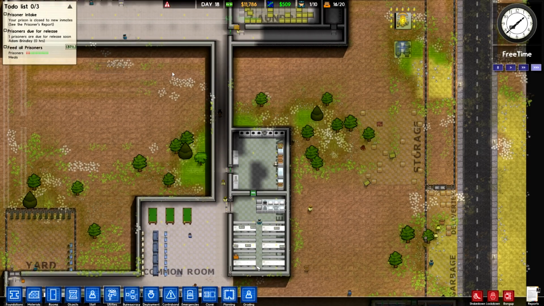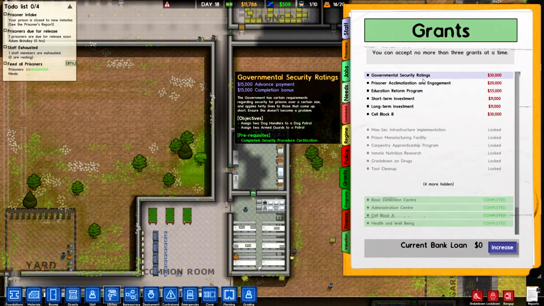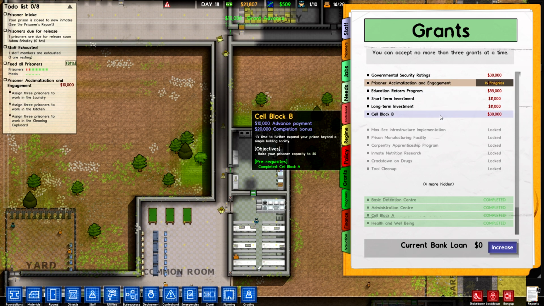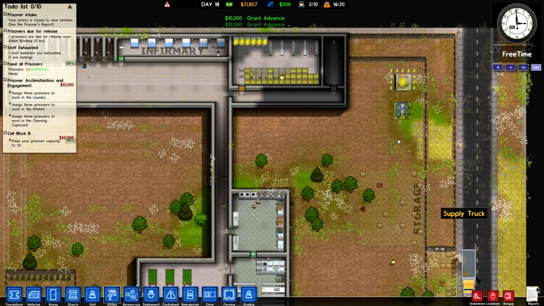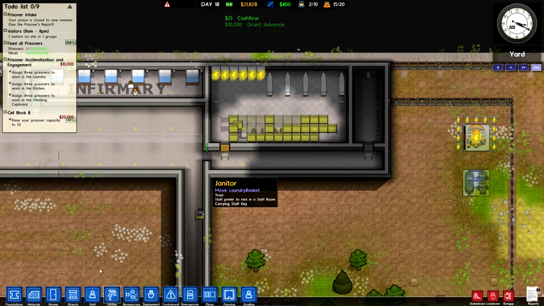Same thing. Whatever. Actually, now we can start looking at some grants. Let's do the prisoner acclimatization and engagement. Let's do that guy. And let's do the cell block B, because I'm going to start building some stuff real soon. Can you finish up this...